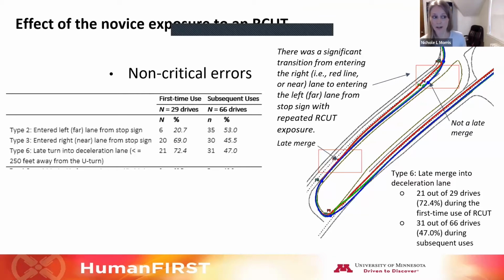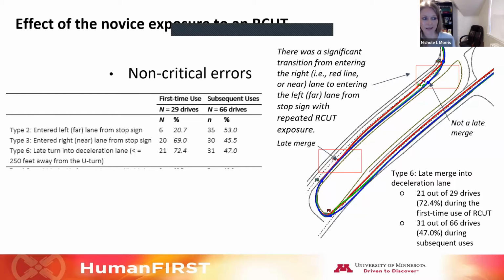So if they didn't do that right away, and we had a distance cutoff where we said it was acceptable for them to move into that deceleration lane, we said that was a non-critical error. And this went across the board of them turning right into the shoulder, turning into the first lane to the right, the second lane, and then sometimes making a very last minute lane change to get into the